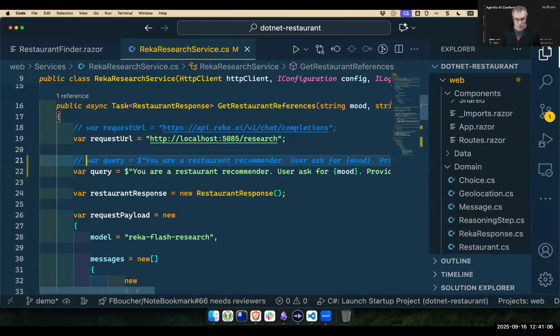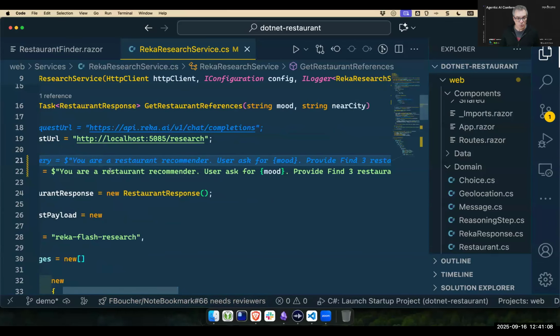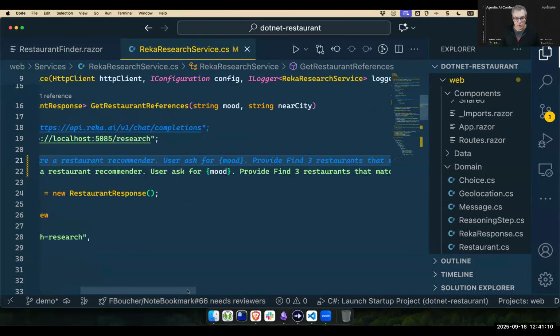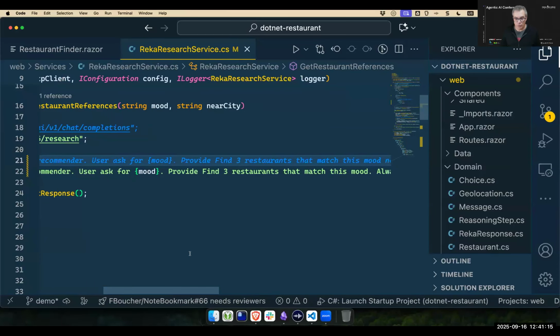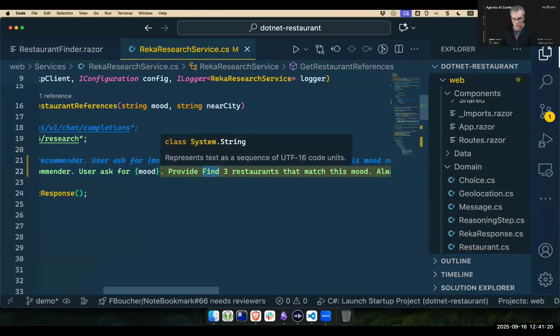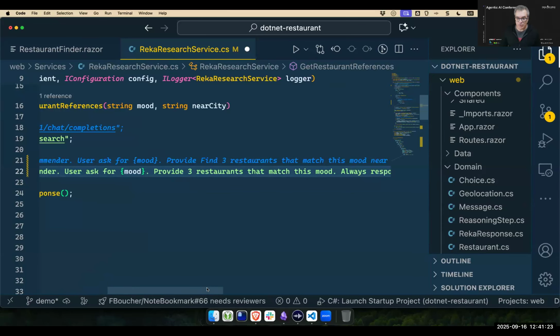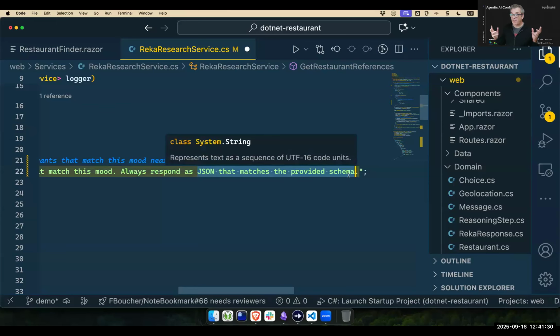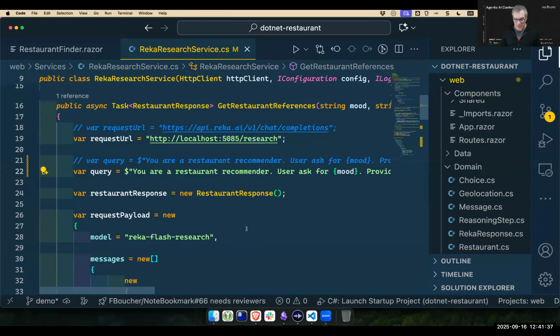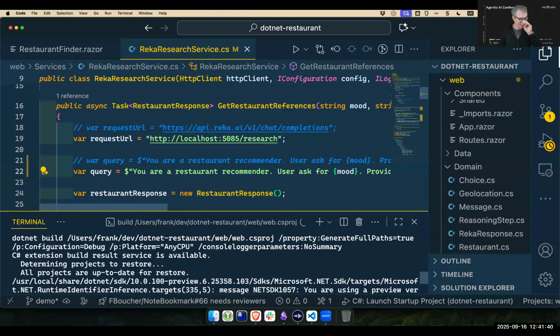where I say, okay, the first part stays the same. So you are a restaurant recommender. The user asks for food in this specific mood. Provide 3 restaurants that match this food. Always respond in JSON that matches the provided schema. But I'm not specifying anymore where, because that's passed in the user location, right? So if we try to execute this,